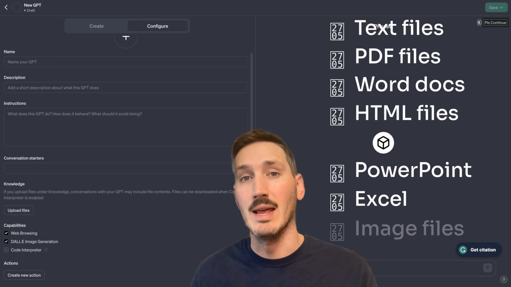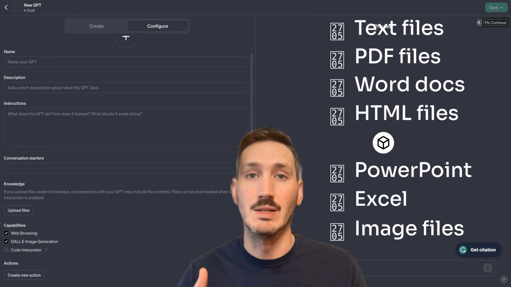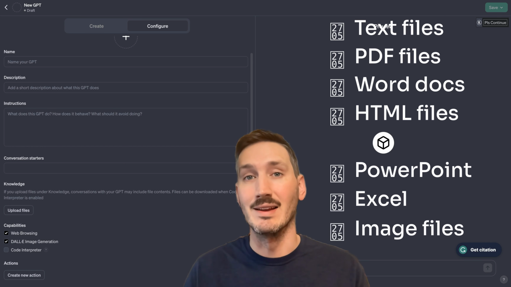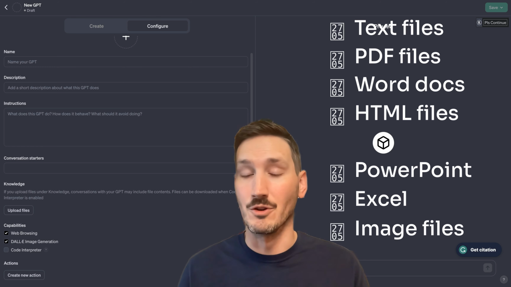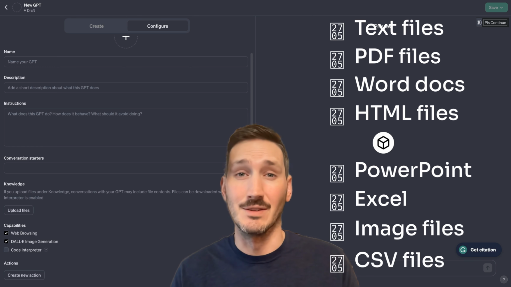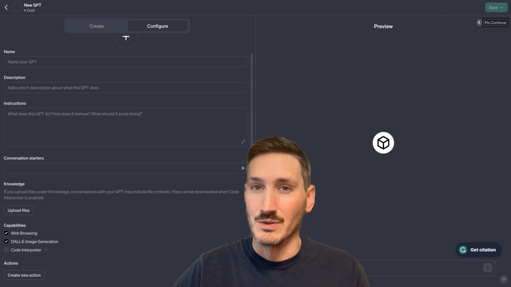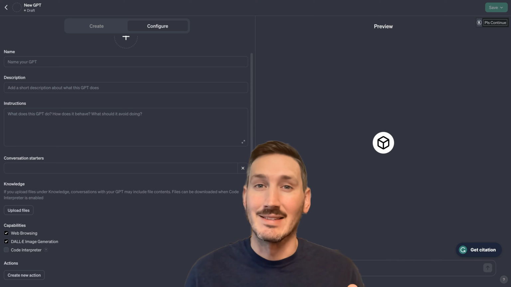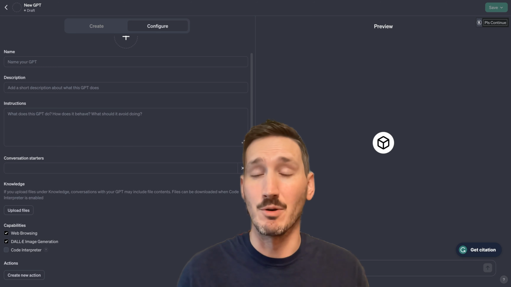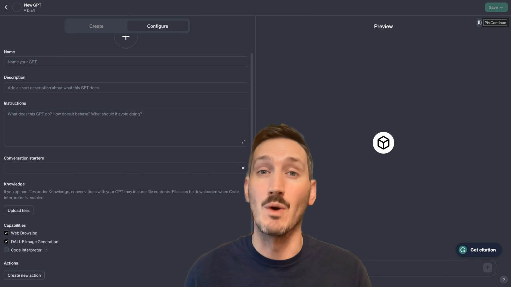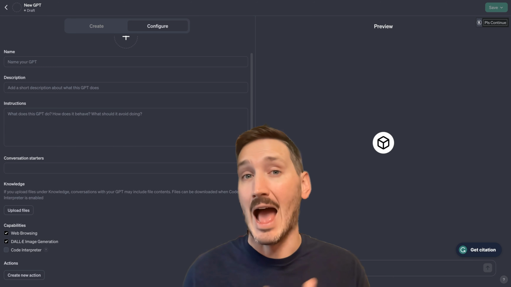You can also upload image files like JPEGs, PNGs, and GIFs. Again, a great context setter and reference point for your GPT. And you can also upload CSV files. And remember, the quality and relevance of the uploaded files significantly impacts the custom model's performance. So it's crucial to select and prepare your files carefully to make sure it represents the desired knowledge base accurately